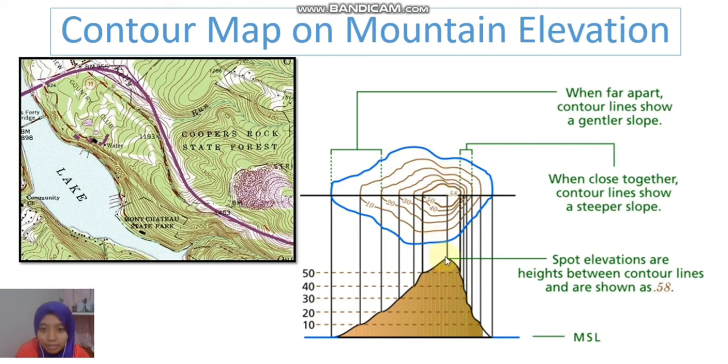To find the peak of the mountain, find the center of the contour. The outer line will be the base of the mountain. Just underline the vertical and then follow the numbers. The bigger the numbers, the higher the level. Okay? So we will learn more details on how to draw the contour map